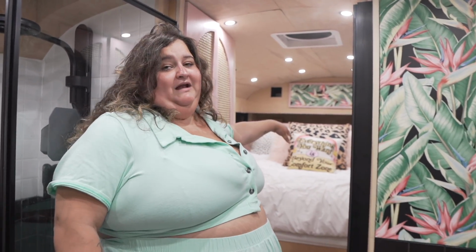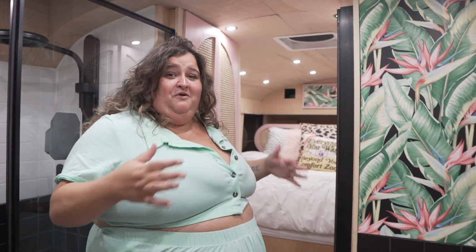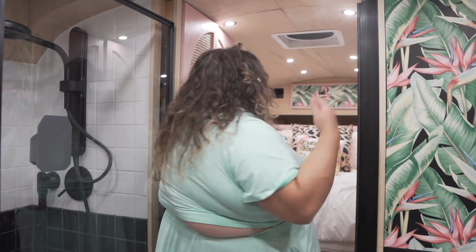So it's super firm, but actually really comfortable and supportive. And we have no more backaches on this. So really love this Big Fig mattress. Like I said, we built this house really custom with us in mind. If you want to come into the bedroom,